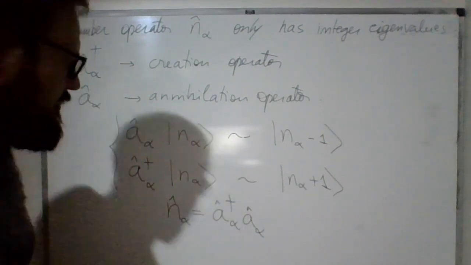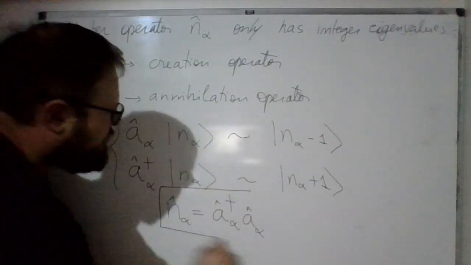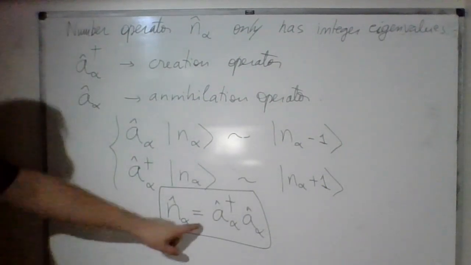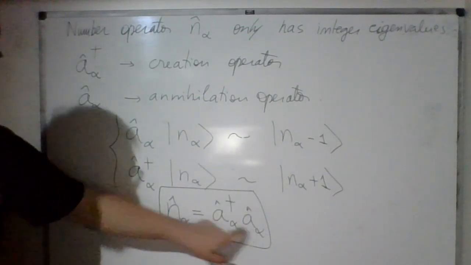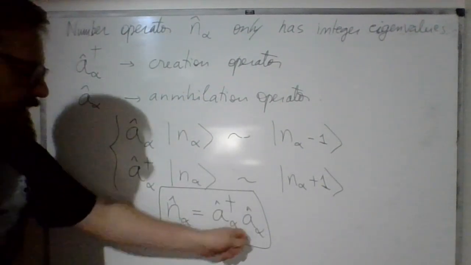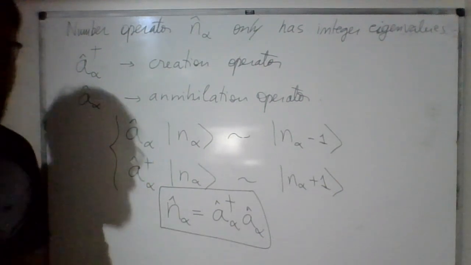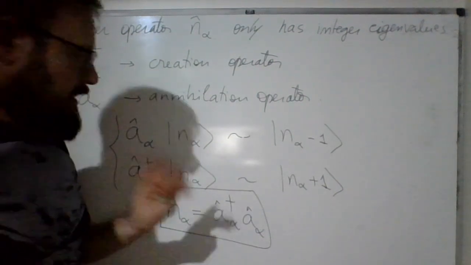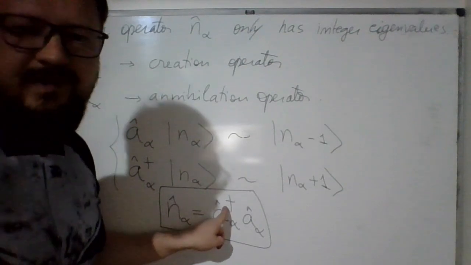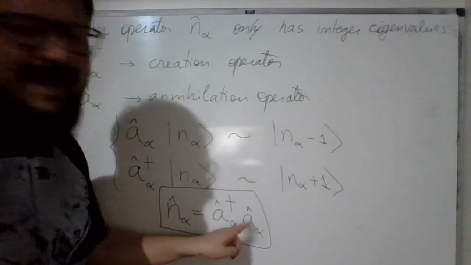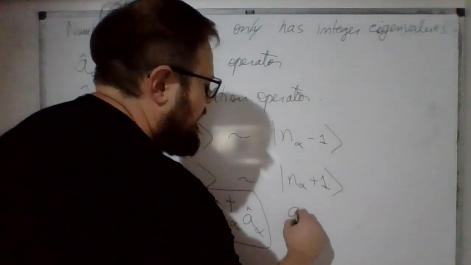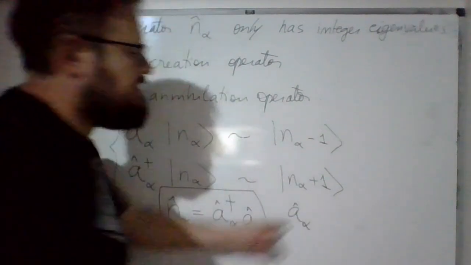Okay, so the number operator is defined this way here. It's just the product of a dagger and a in the state alpha. A dagger is just the transpose conjugated of a, but